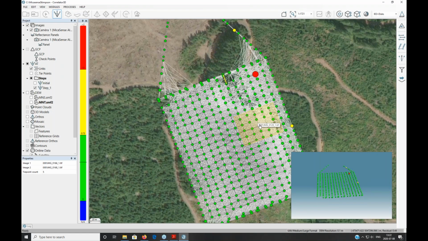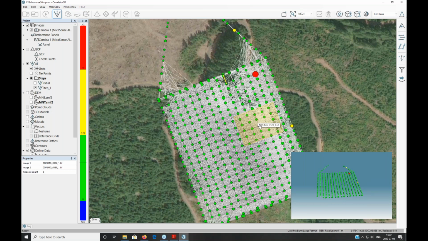Sometimes if you have a project with maybe low texture or the overlap was not sufficient, you can also add a few manual tie points if you want to make sure that your block is well tied together and that the aerial triangulation is a solid block. The aerial triangulation is the most important part of the processing of UAV data, and it's going to have a big impact on the rest of your workflow, such as the extraction of the DEM or the orthorectification and the